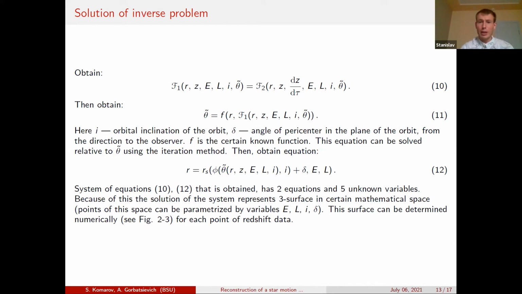In the papers that were presented here, there are no approaches to obtain a starting value for the solution of such a problem, but using these equations, because they do not depend on the impact parameter d, they can be applied to obtain